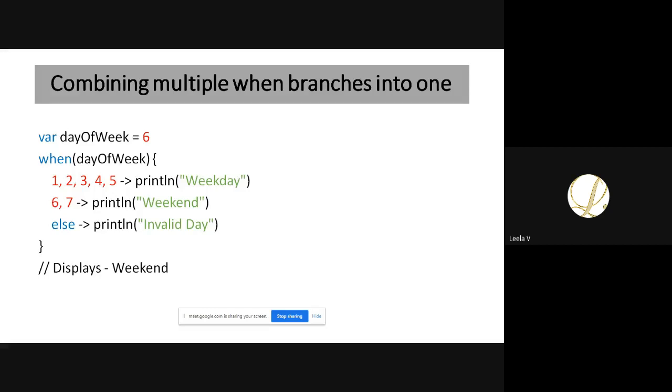So if your day of the week belongs to 1 to 5, then it prints weekday. If it belongs to 6 or 7, it prints weekend. Otherwise it prints invalid day. Here your input is 6, so it matches the second one and prints weekend. I'm just running this in my IDE.